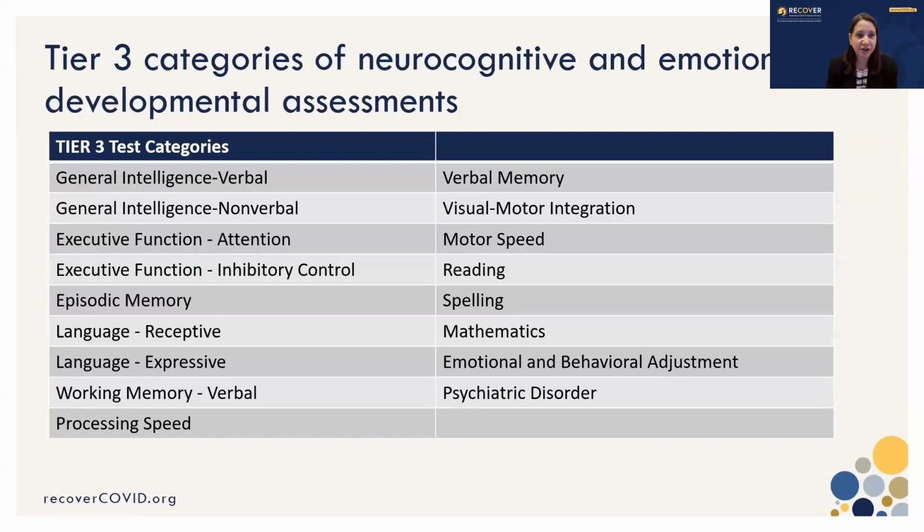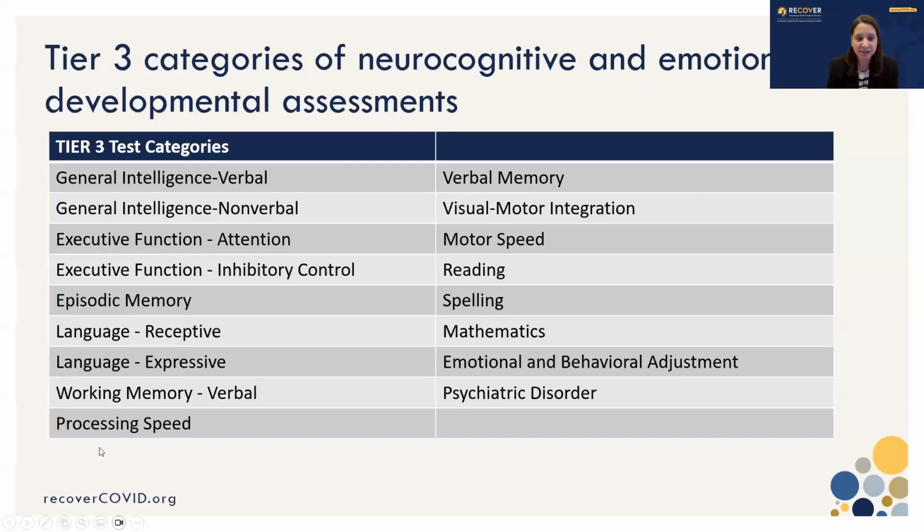And our Tier 3 neurocognitive assessments allow us to get more in depth about these neurocognitive and emotional developments over time, looking at verbal and nonverbal skills, attention, memory, as well as, as children get older, assessing more academic skills such as reading, spelling, and mathematics, and more in-depth